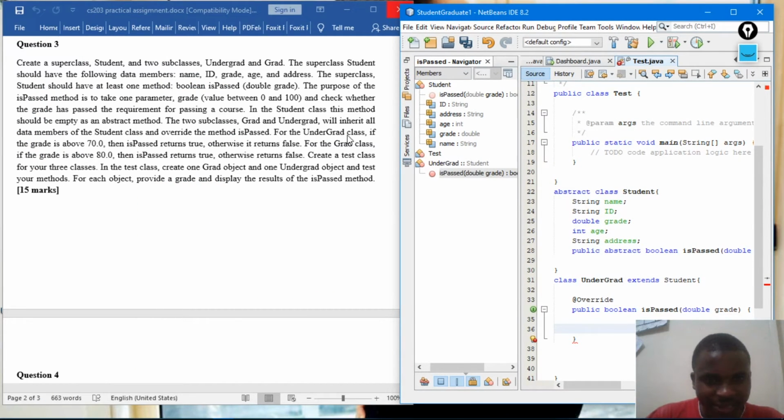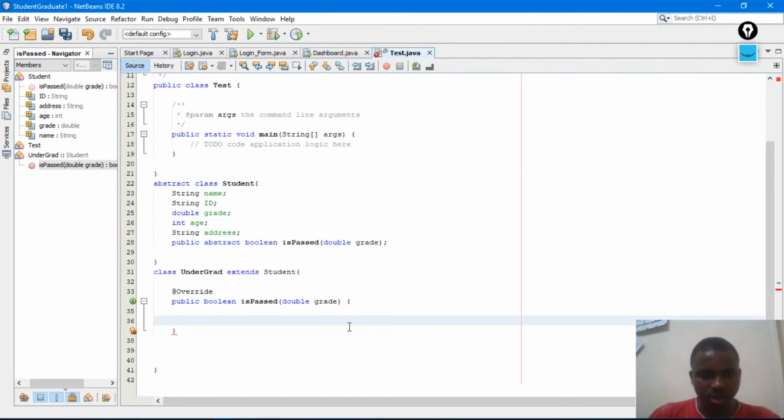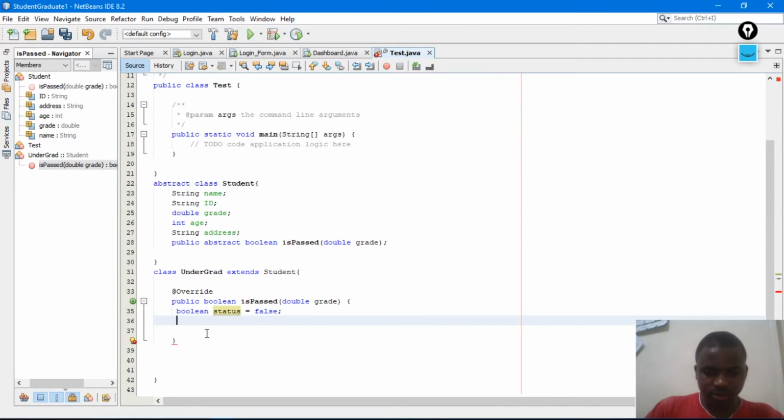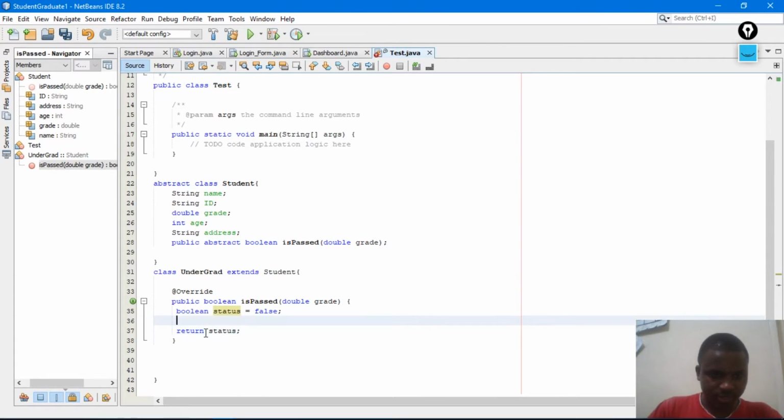For the undergrad class, if the grade is above 70, then is passed returns true, which means if our grade is above 70, so here I must have a boolean, let me call the variable status, which is equal to, initially, let me initialize it to false, and then my method must return this variable status.